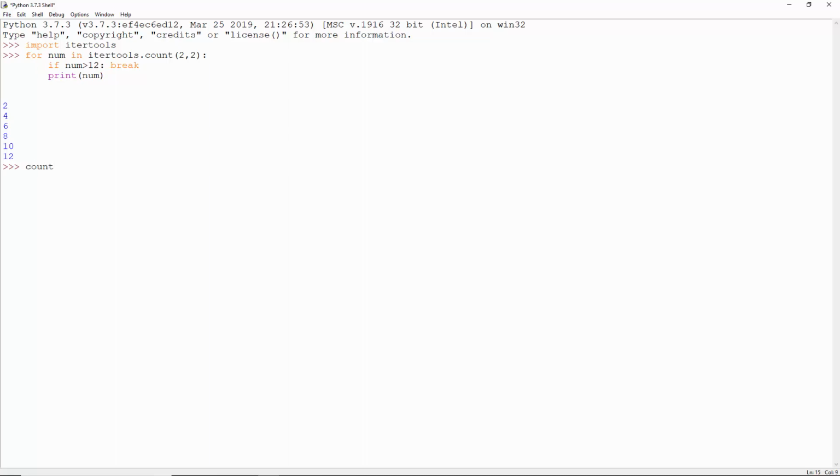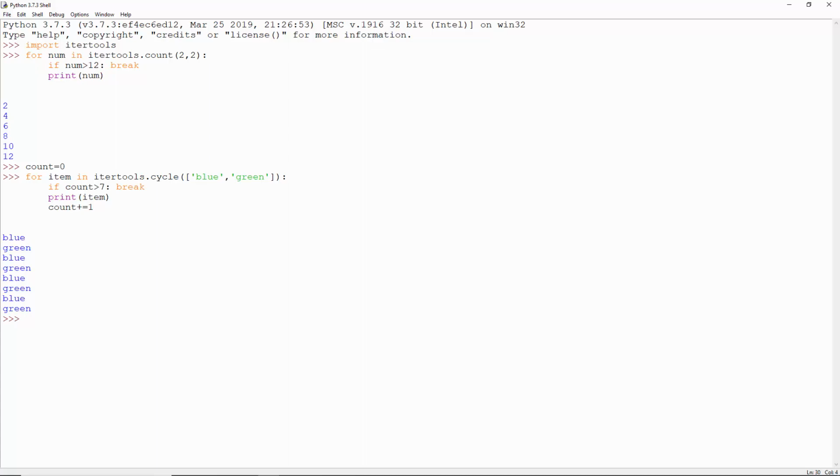Cycle. This continuously cycles over an iterable until we break out of the loop. We cycle on the list blue and green. When count is greater than 7, break out of the loop. Print each item and increment count by 1. So it goes blue, green and such until it has printed 8 times and count is now 8, so it